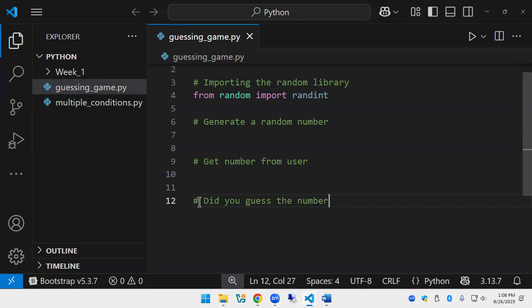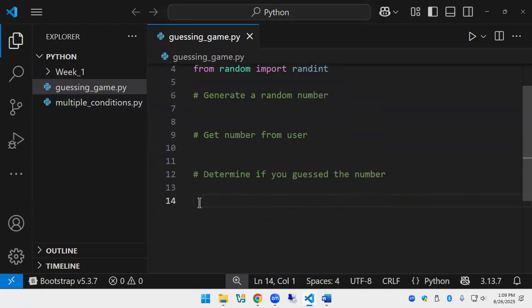Now, in between letting them know if they got the number right or not, we get the number from the user. How do we determine if we got the right number? Yeah, you determine it. Determine, okay, you did say that, sorry. You would determine, or decide, if the user guessed the number.